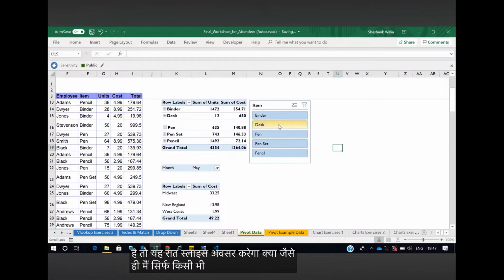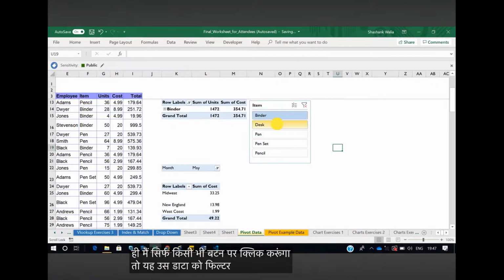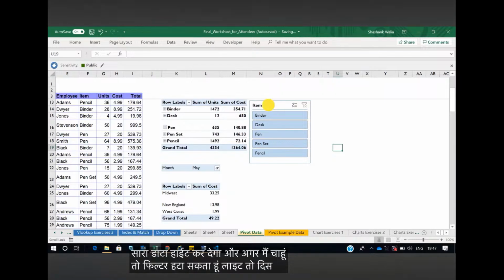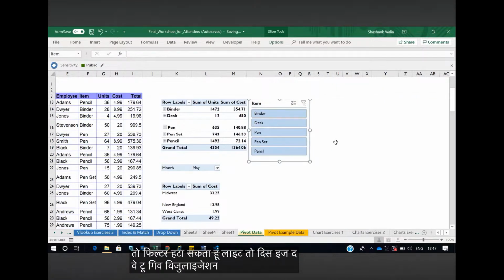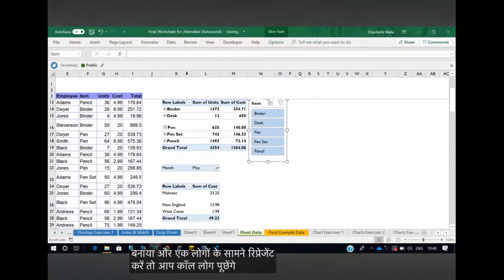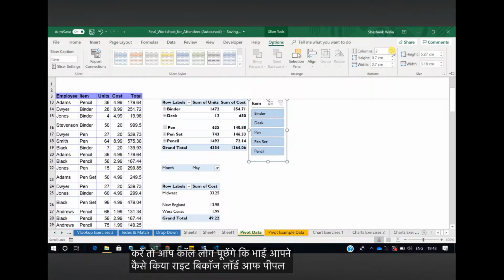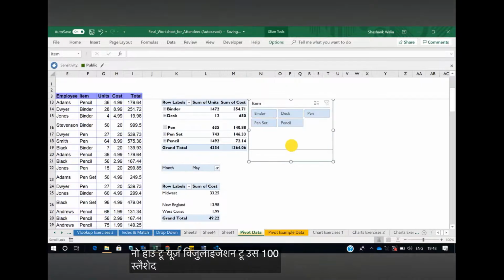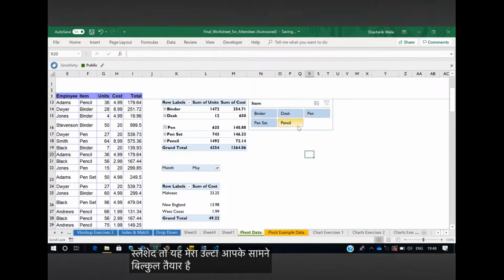जैसे ही मैं स्लाइसर के किसी भी बटन पे क्लिक करूँगा तो ये उस डेटा को फिल्टर कर देगा और बाकी सारा डेटा हाइड कर देगा, और अगर मैं चाहूँ तो फिल्टर हटा सकता हूँ, राइट। सो दिस इज़ द वे टू गिव विजुअलाइजेशन टू योर डेटा। अगर आप इसको बनाएं और लोगों के सामने रिप्रेजेंट करें तो लोग पूछेंगे कि भाई आपने कैसे किया, राइट, बिकॉज लॉट ऑफ पीपल डोंट नो हाउ टू यूज़ दीज विजुअलाइजेशन टूल्स। सो जस्ट लेट मी एक्सपैंड इट। तो ये एक मेरा फिल्टर आपके सामने बिल्कुल तैयार है, तो इससे आप फिल्टर